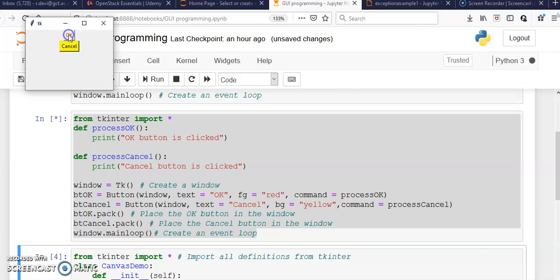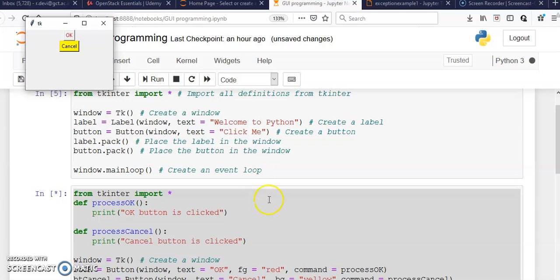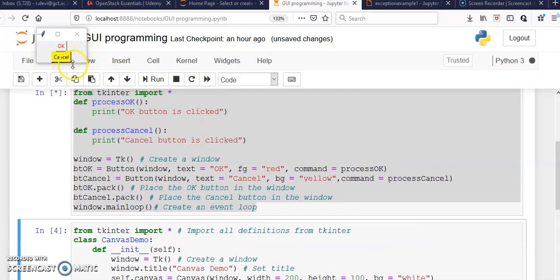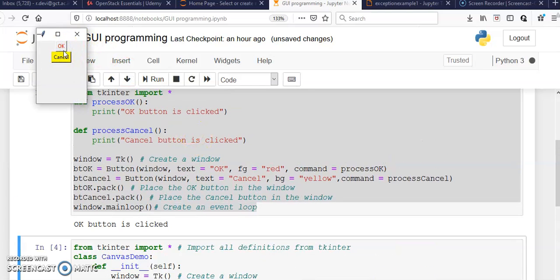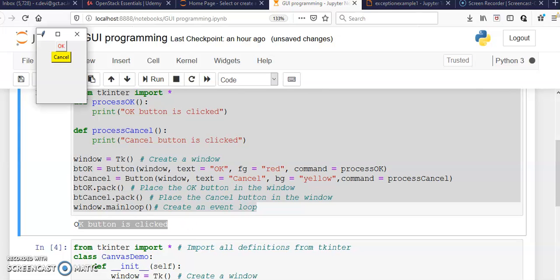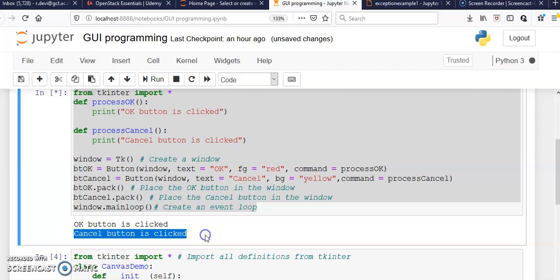If I click OK, here it is showing that the OK button is clicked. Similarly, if I click cancel, here it is showing that the cancel button is clicked. So this is the output of this GUI program.